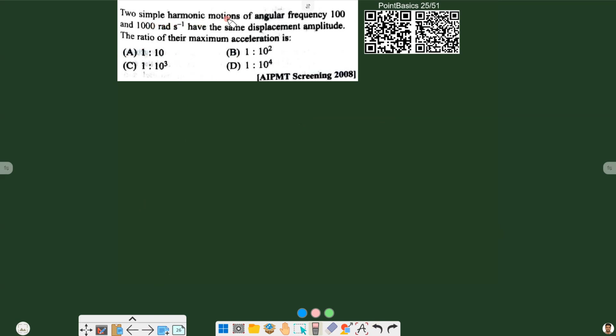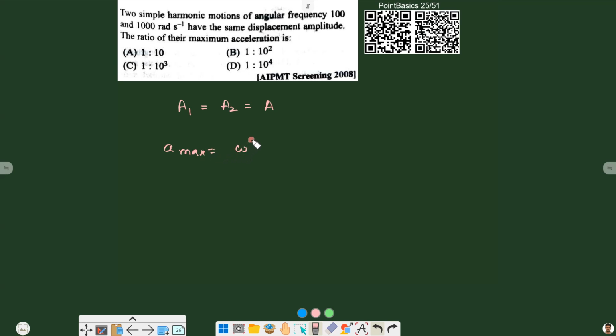Two simple harmonic motions of angular frequencies 100 and 1000 radian per second have the same displacement amplitude. We have to find the ratio of their maximum accelerations, and their amplitudes are equal. So A1 is equal to A2 is equal to A, and we know that a max